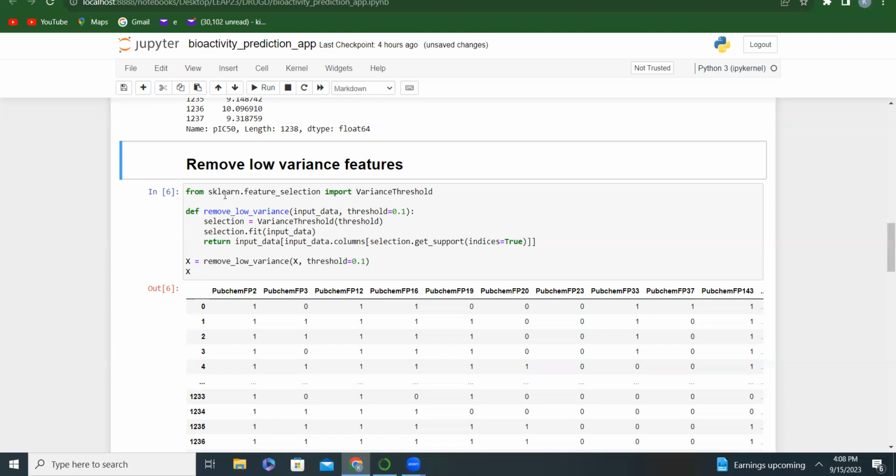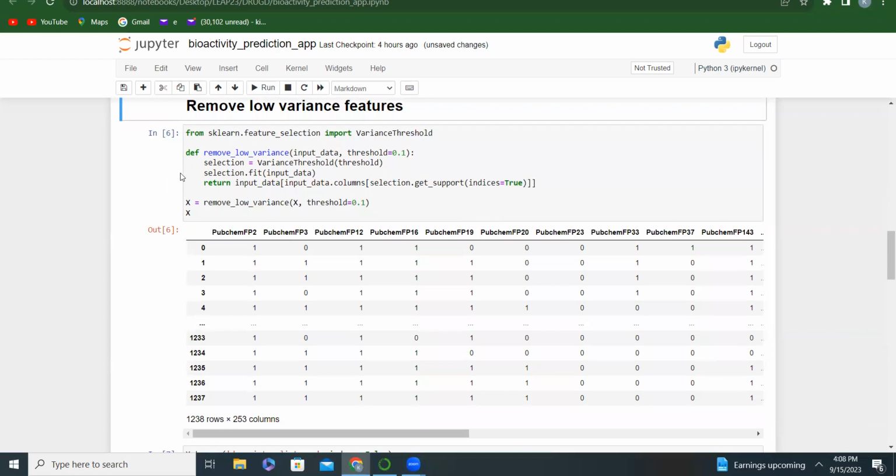Dr. Scott took the class for some packages and modules in Python, and I think he mentioned scikit-learn, SciPy, and the rest. So this is one of them. To remove low variance, you import from sklearn.feature_selection, you import VarianceThreshold, right? And you use this script to define remove low variance. And if that is so, we remove that from our X. Remove low variance from X. And when we run that,